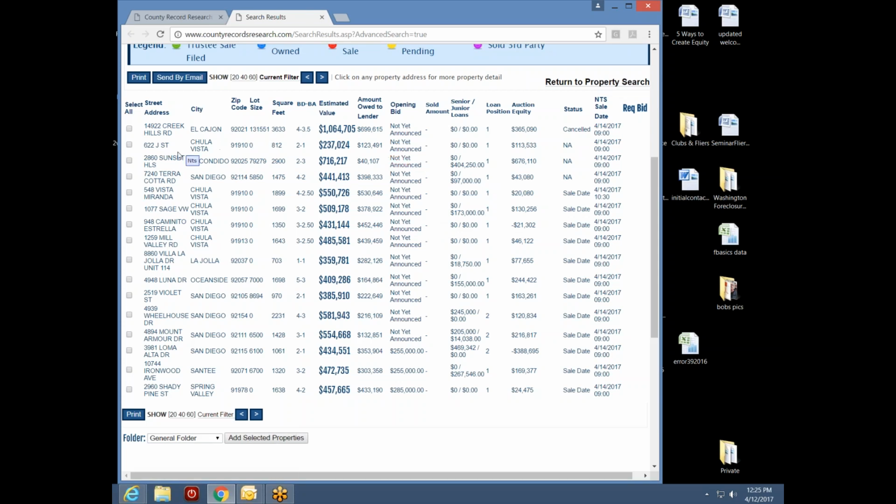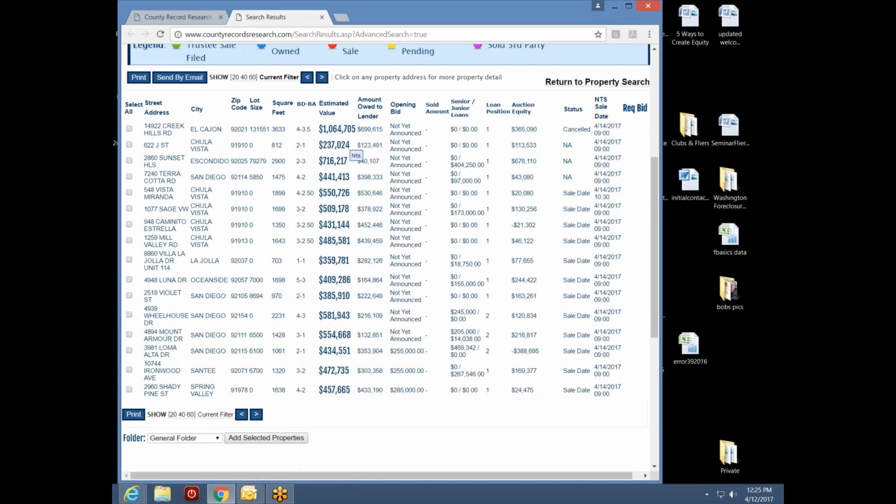So the very next record is on J Street in Chula Vista. This appears to be a 2-bedroom, 1-bath. This also might be a condo because there's no lot size and it's got a very small square footage. So I'm guessing that one might be a condo, and it's worth about $237,000. Now, the bank is owed about $123,000. So if you compare the two, there's about $113,000 difference.